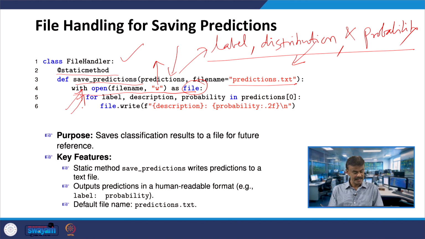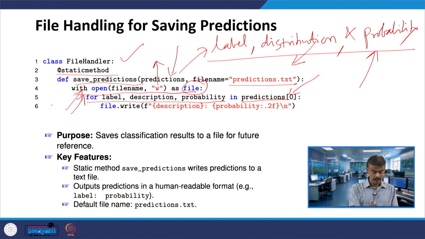The next line is for label, description, probability in predictions[0]. This line iterates over the first element, the 0th index, of the predictions list, which is assumed to be a list of tuples. The tuples are label, description and probability.